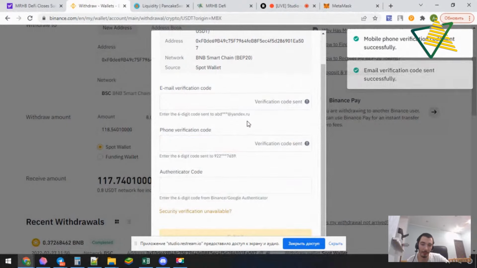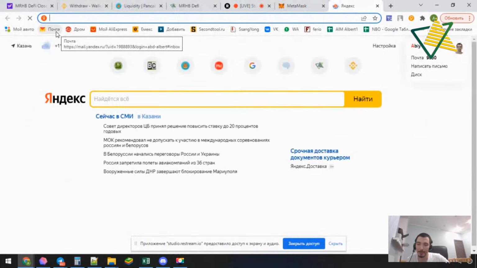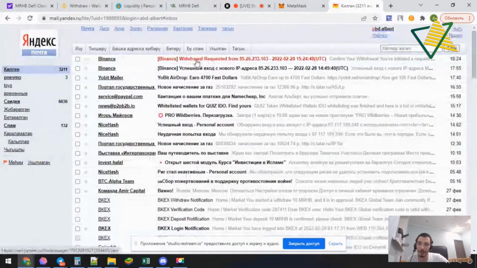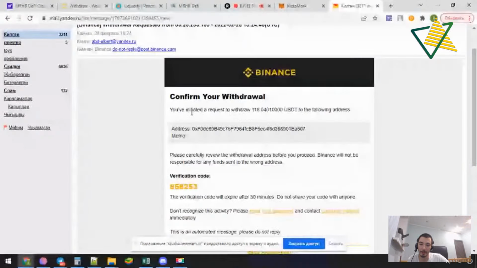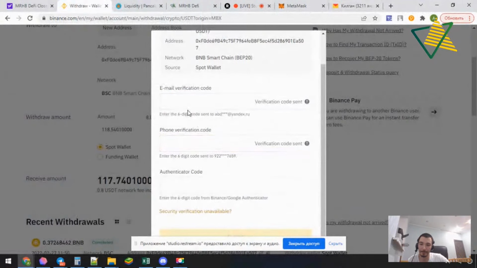I have the maximum security level. I should enter email verification, phone verification, and authenticator code. So I open my mailbox. I see that there is a withdrawal request from Binance. I open it, and I copy the verification code to the window.